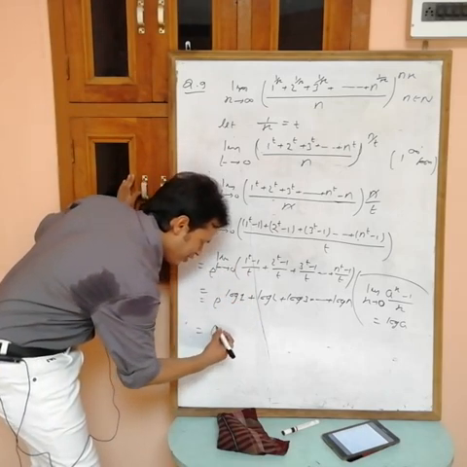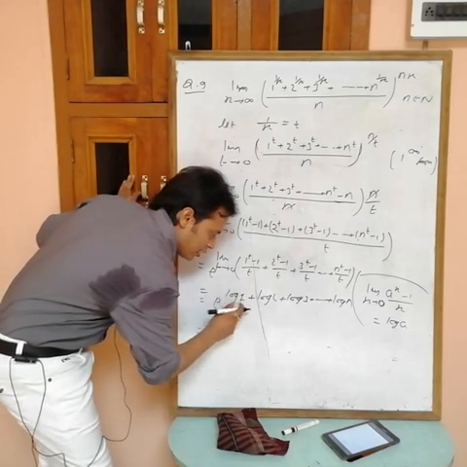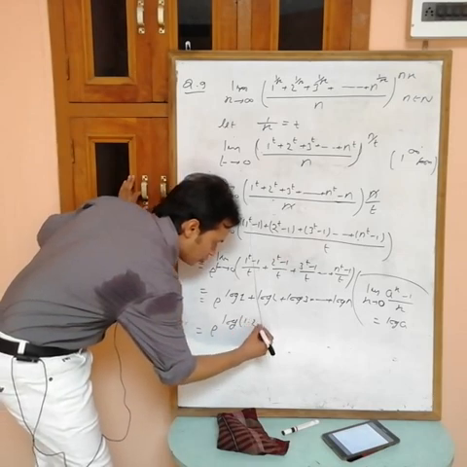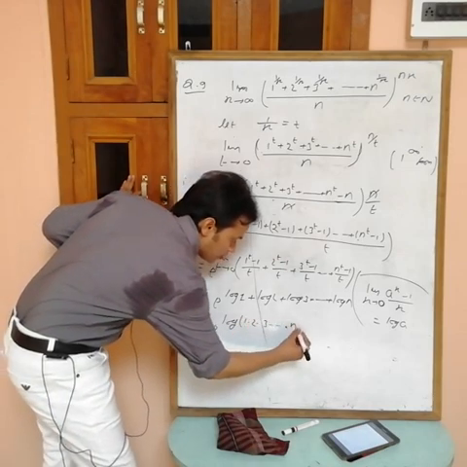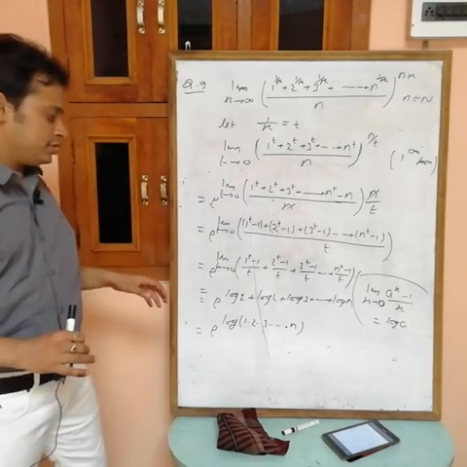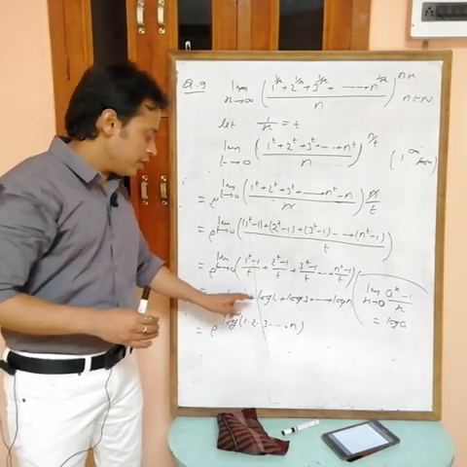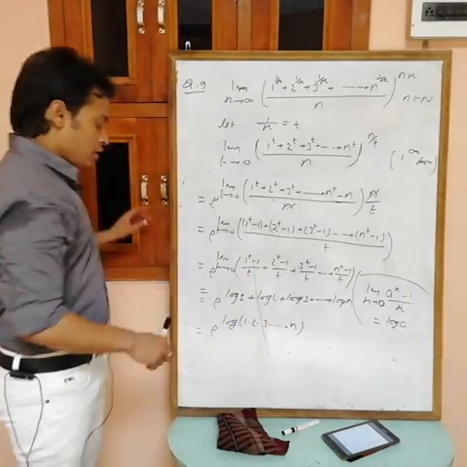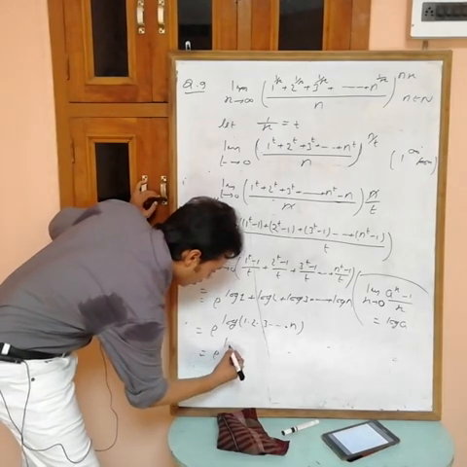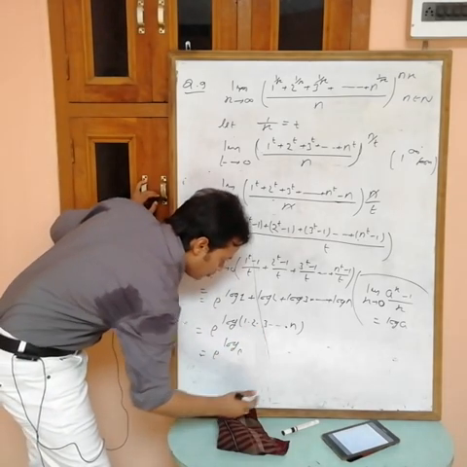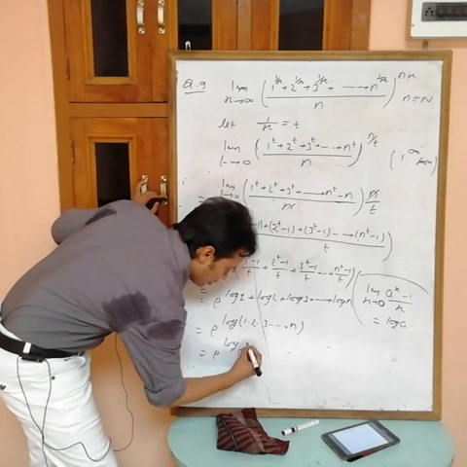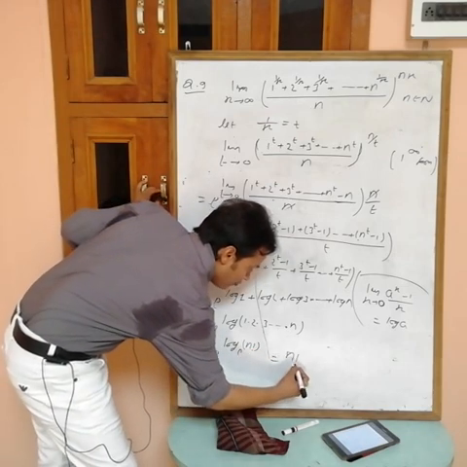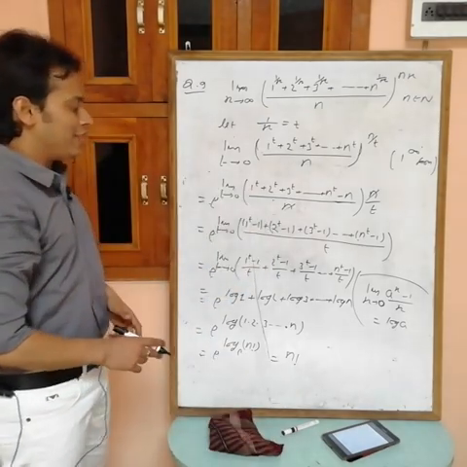If you are not writing 0, then also no problem. Log m plus log n plus log p. So you can write this one as log of 1 into 2 into 3 up to n. Log m plus log n is log of m into n, like that. Now see, e power log, base is e, and the product of numbers from 1 to n can be written as n factorial. So e power log e, the answer is n factorial. This is the answer.